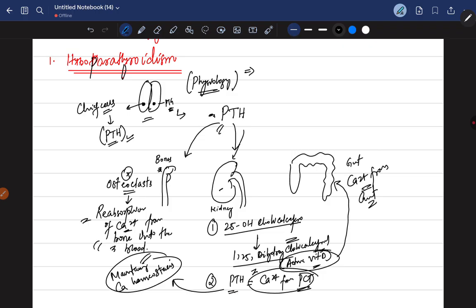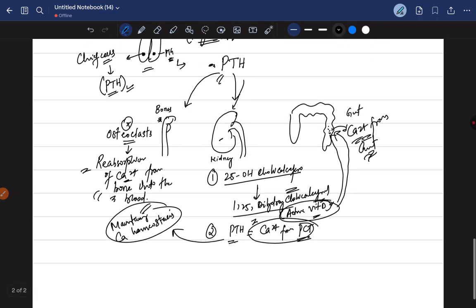And this 25 hydroxycholecalciferol, which is vitamin D, acts on some proteins in the gut and modulates their function, and these proteins are important for absorption of calcium from the gut. So this is the normal physiology of PTH. Okay, now